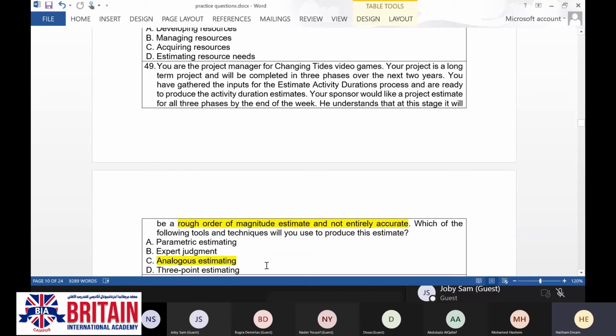Analogous estimating. Okay. So analogous estimating is the least accurate.